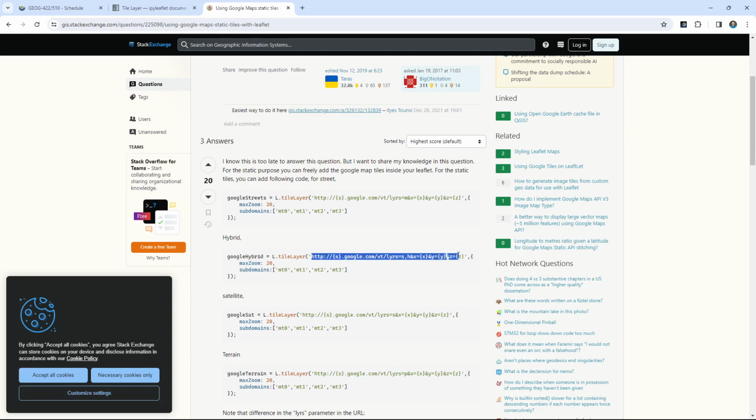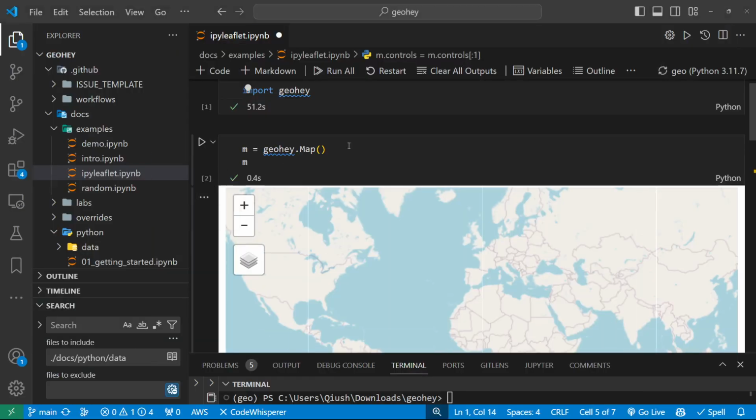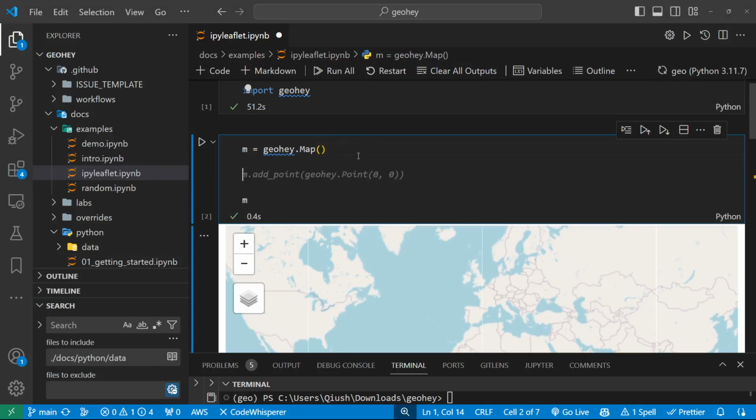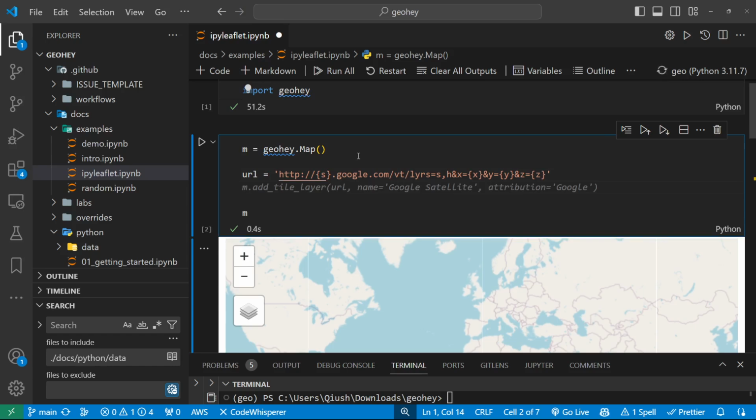This is the one that we can use to add as a tile layer to the map. I'm going to just copy this URL. Again, you're welcome to just Google it, and then I can come back to show you how to use that. I'm going to add this to my package, because it's built on top of ipyleaflet, so it allows us to add a tile layer. You can just create a variable called URL, which is the URL to the web service, and then we need to create a tile layer. It will be something like this: layer equal to